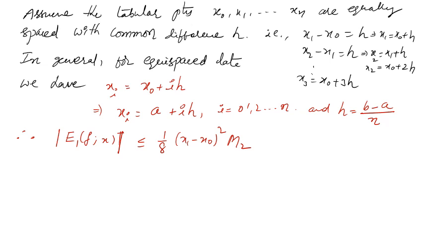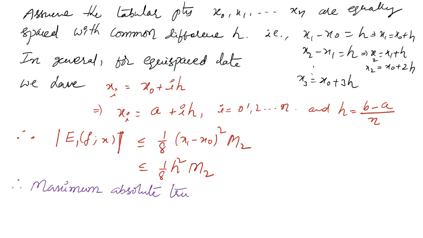This becomes less than or equal to 1 by 8 h square M2. Therefore the maximum absolute error, that means the error cannot exceed this value, the maximum absolute truncation error using linear interpolation